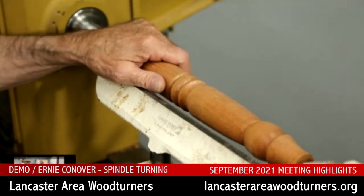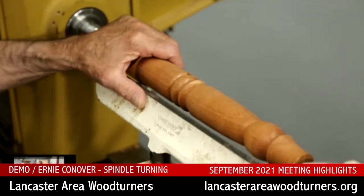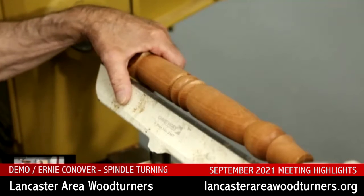Another question for you though. The chisel you chose, that German chisel, the side of that chisel is rounded as opposed to square like most skew chisels are. Does that really help your rolling effect when you're rolling a bead? No, in fact,